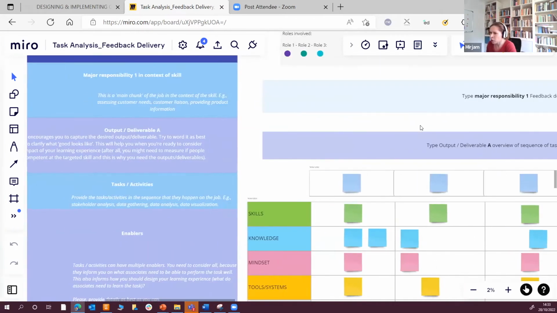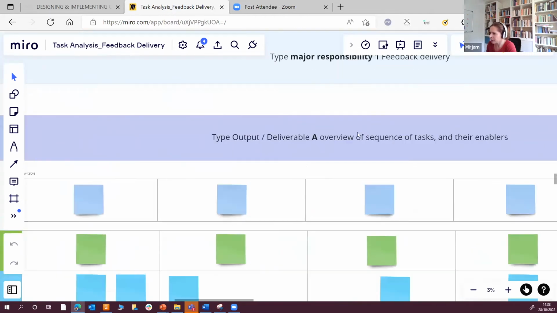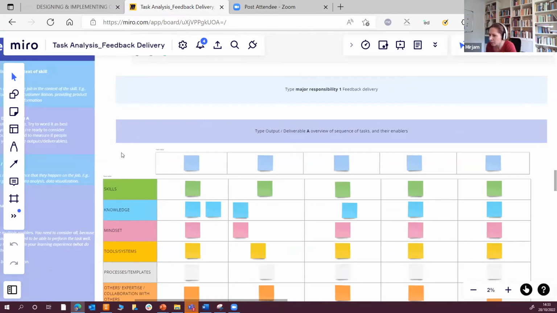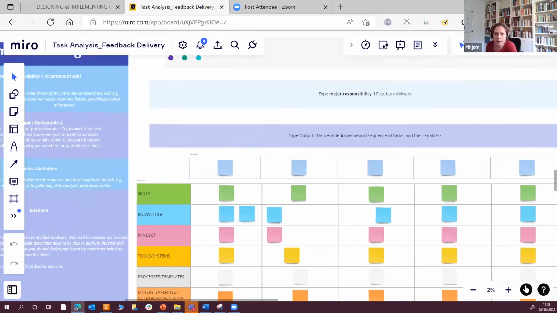And then the output, I need to work with my stakeholder on that. So I'm just going to kick off the conversation with my stakeholder. So Matt, thank you so much for making time today.